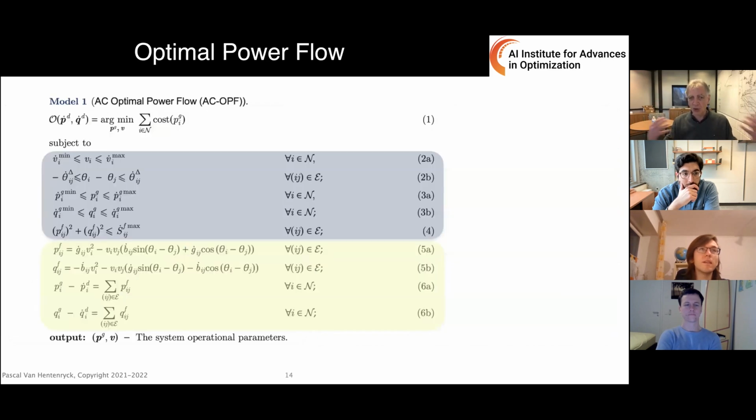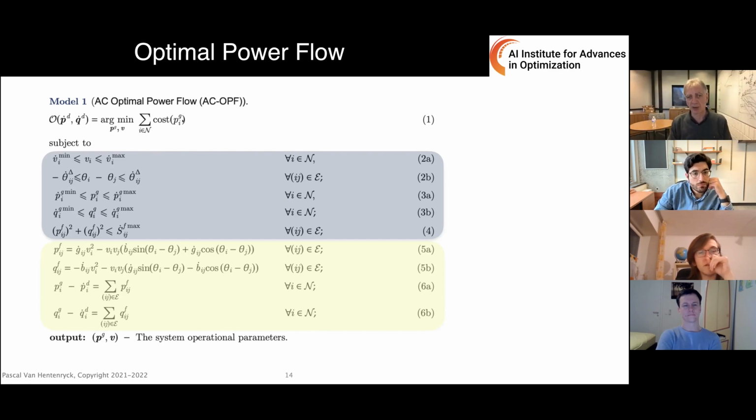So at the core of these systems, you have what is called the AC optimal power flow, which has two sets of constraints. The first one that you see there are the engineering constraints. The second one that you see here are the physical constraints. And I won't enter into the detail. It's not really important, but this is a nonlinear, non-convex optimization problem where the objective function is typically quadratic or a piecewise linear function